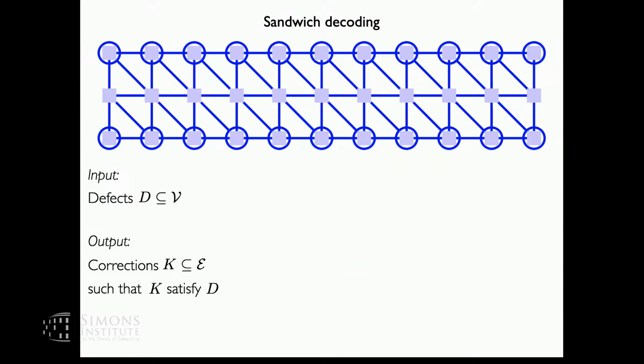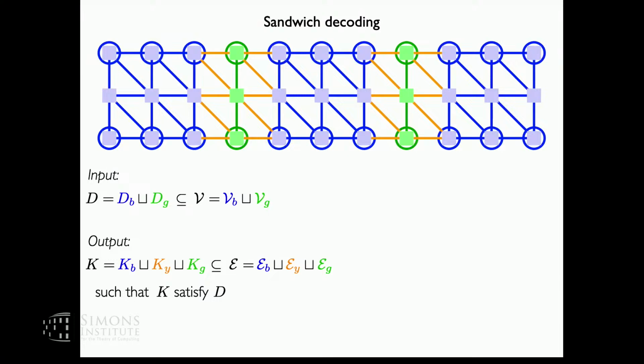So now we can look at more cycles of the repetition codes. And we call this sandwich decoding, by the way. I forgot to mention that. I didn't put any defects in the graph, so you can imagine there are some defects there.